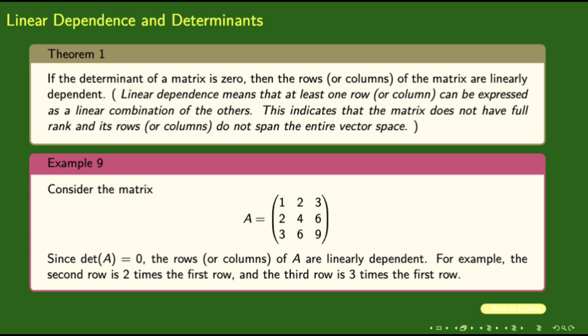Next, we will discuss a crucial property of matrices related to their determinants. Specifically, we will explore the condition where the determinant of a matrix is 0. When the determinant of a matrix is 0, it implies that the rows or columns of the matrix are linearly dependent. Linear dependence means that at least one row or column can be expressed as a linear combination of the others. This indicates that the matrix does not have full rank and its rows or columns do not span the